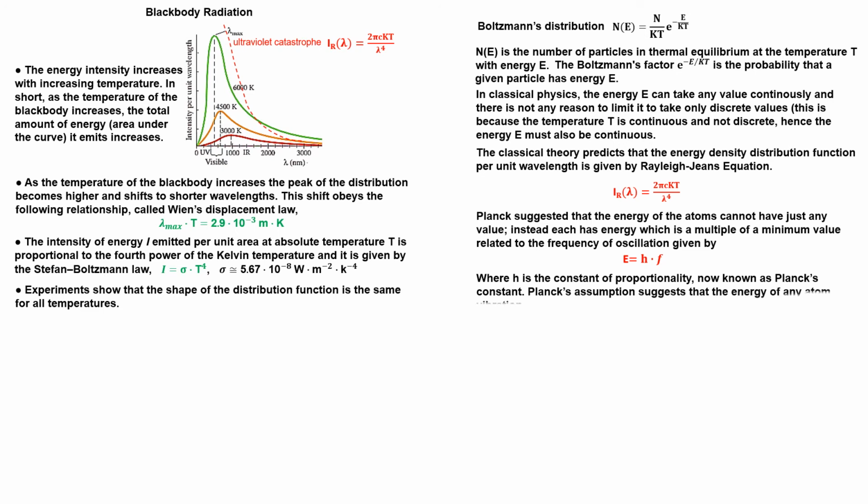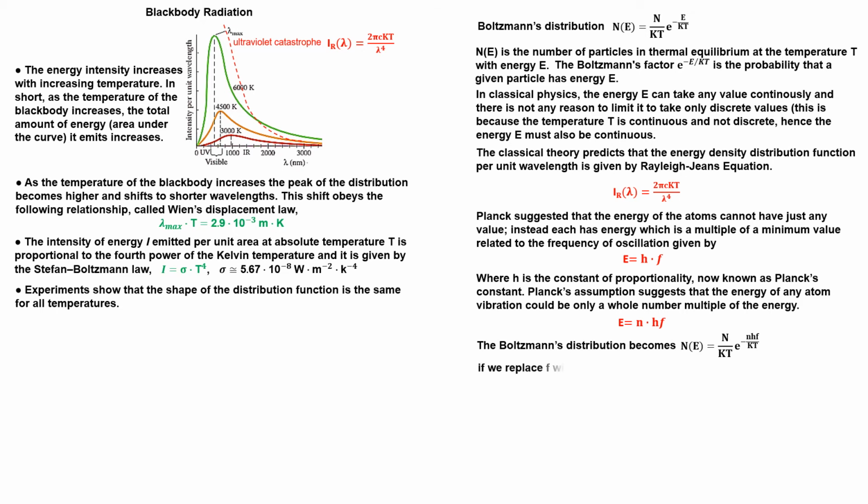Planck's assumption suggests that the energy of any atom vibration could be only a whole number multiple of that energy, where n is called a quantum number. Quantum means discrete amount as opposed to continuous. The Boltzmann distribution becomes: if you replace f with c over lambda, we get